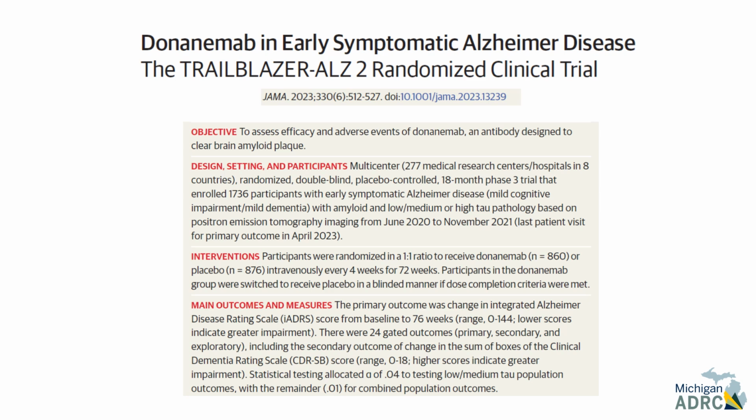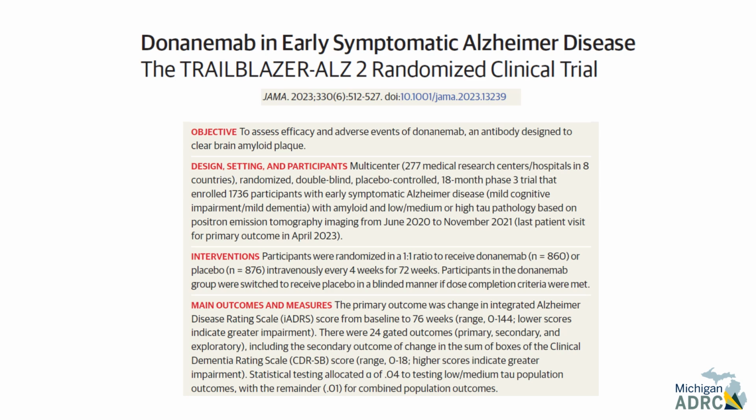And here's an example of a pivotal phase 3 trial from the most recently approved intervention for Alzheimer's disease, a trial of donanemab, a monoclonal antibody in individuals in the early symptomatic stages of Alzheimer's disease. So as you can see from the description, this was a large trial involving more than 1,700 participants. It was randomized, double-blind, placebo-controlled as they were assigned to either the active drug or placebo for a period of